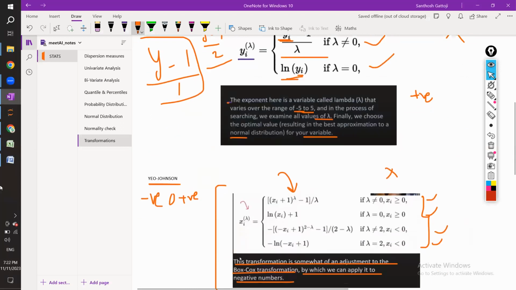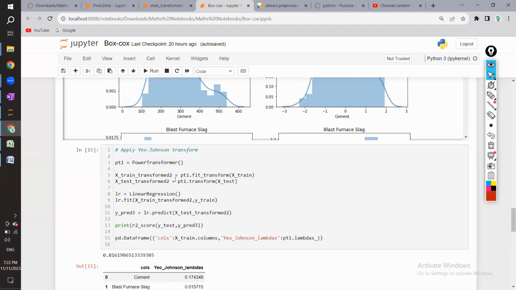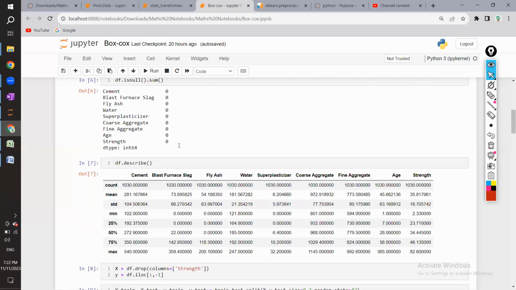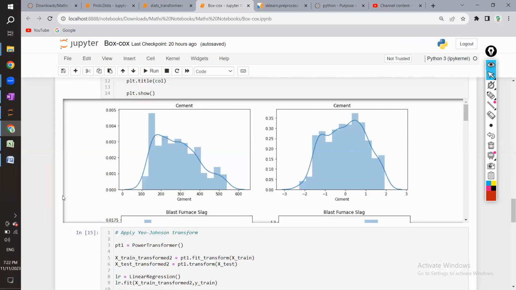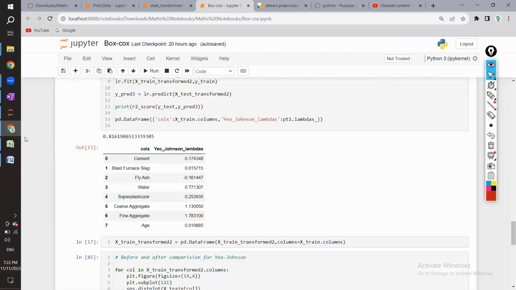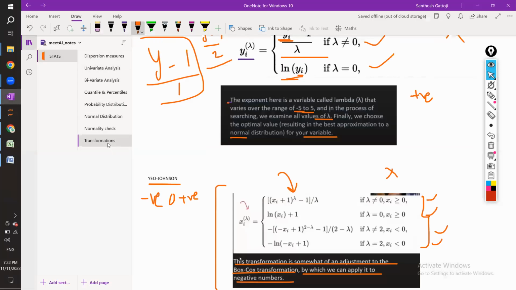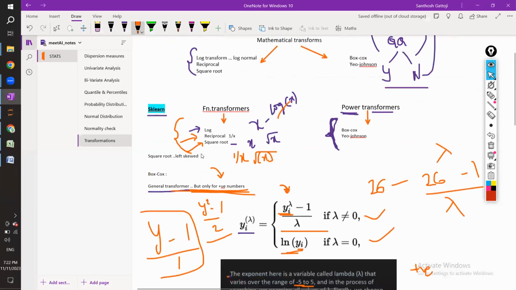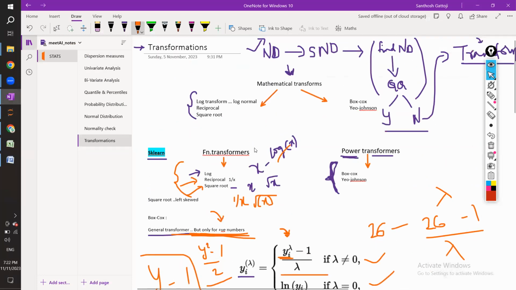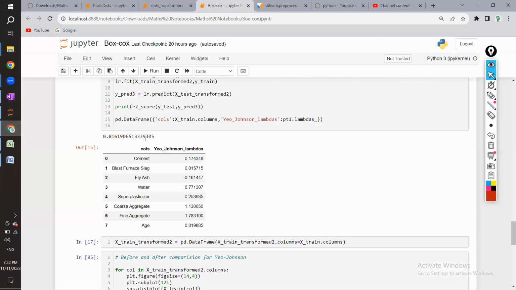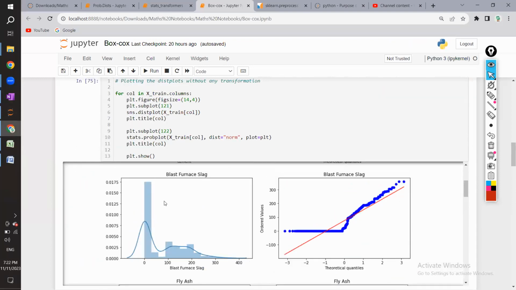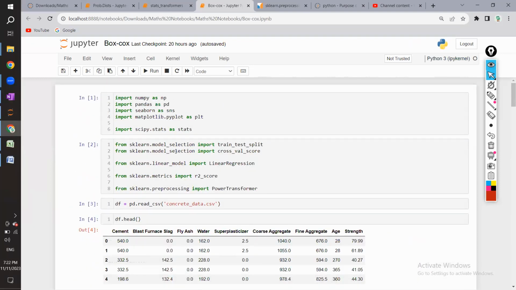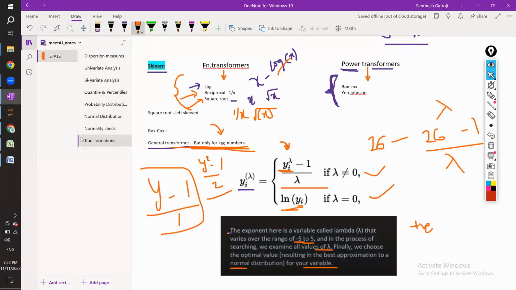Just go through the code once, go to the class and try to understand the code. I'll share the notebook also. And the main thing, as I said, is to try to revise or at least make some notes on the concepts which we have discussed till now: transformation, normal, etc. With this I'm going to conclude the transformations. We have seen the major transformations are these. If you know Box-Cox and Yeo-Johnson, everything will fall inside these, either Box-Cox or Yeo-Johnson. You don't need to go for any other transformation. So you can try to apply it to any data set. Now once the transformation is done,